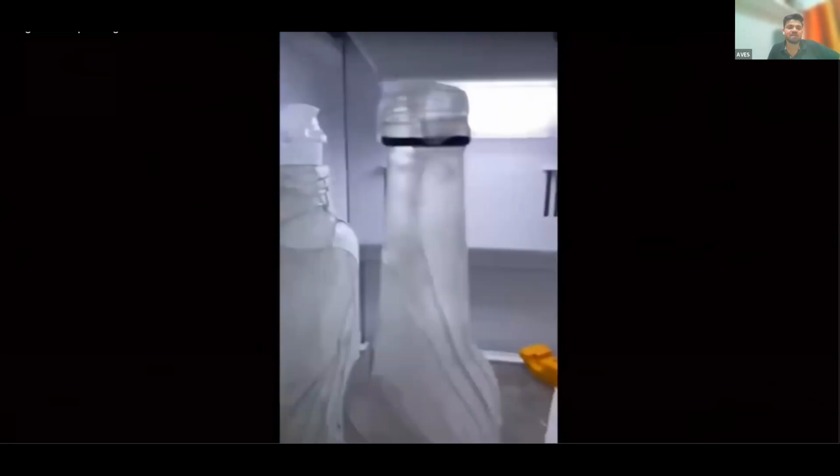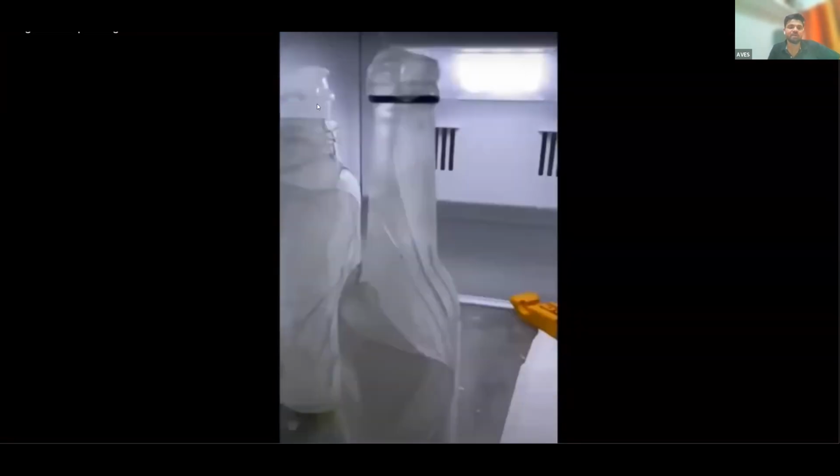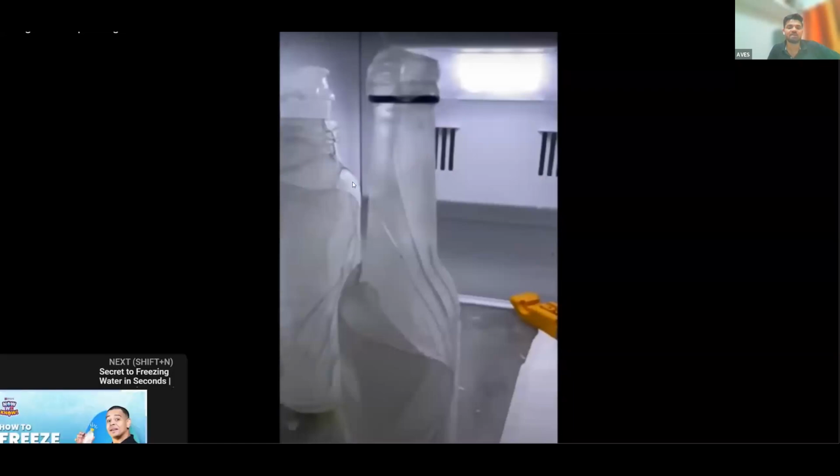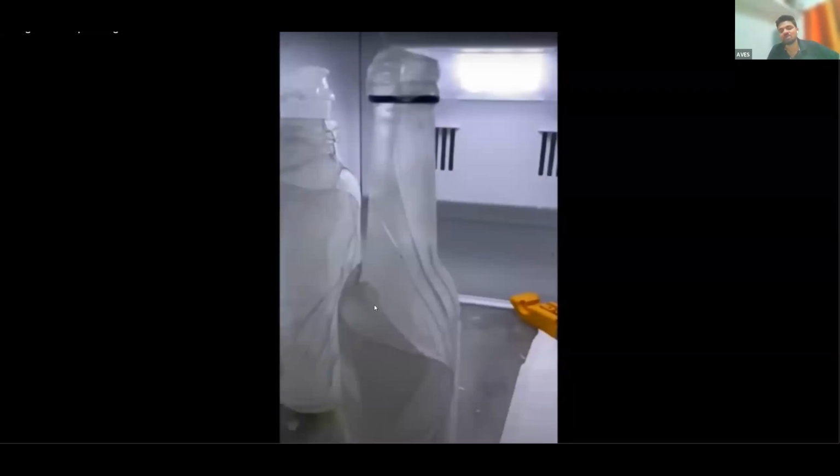Because water's volume increases on freezing. And since the volume increases, density decreases. So water is expanding because it has air gaps. It needs more space, and due to that, it expands. And due to expansion, you can check this water is also freezing here. He filled the water up to the brim, but this water comes out. And here these bottles get burst. Why are these bottles getting burst?